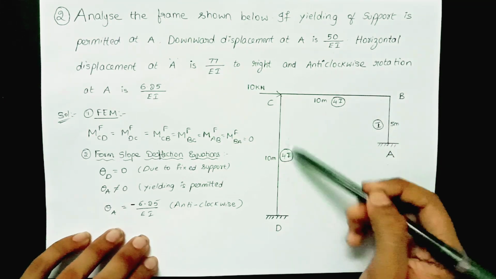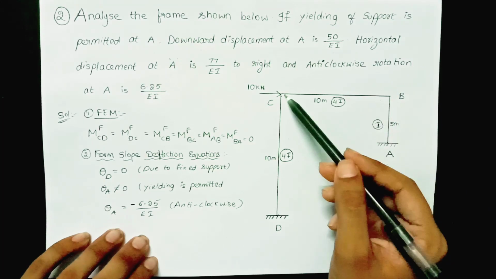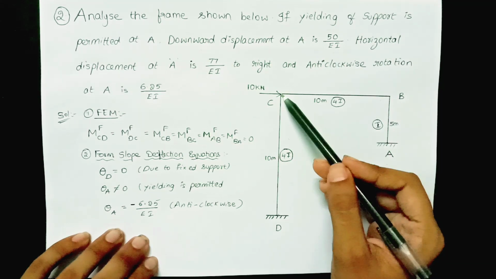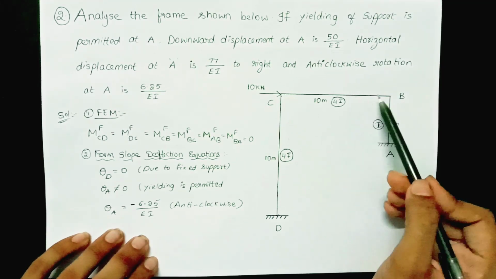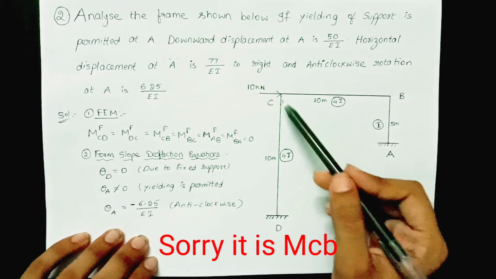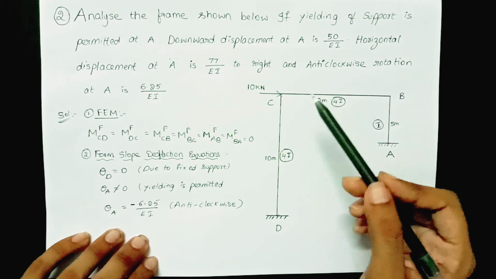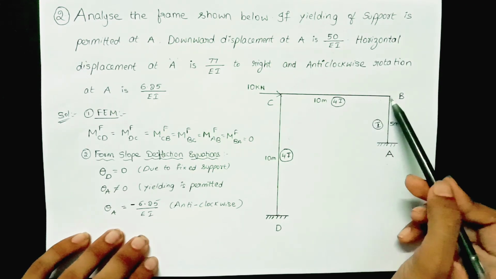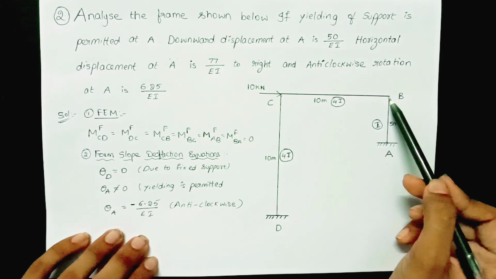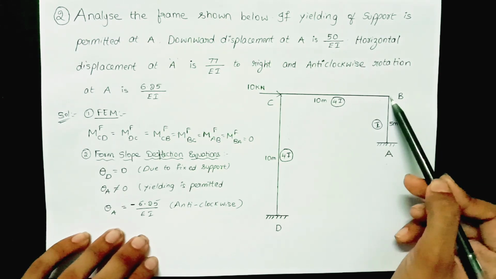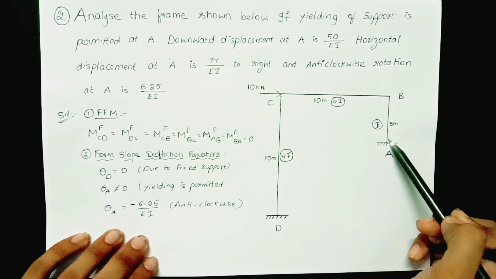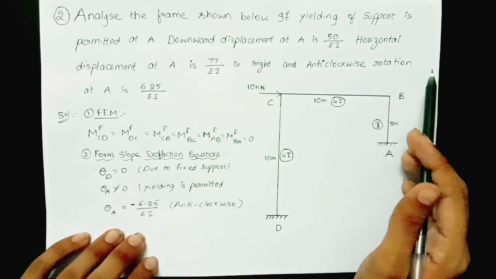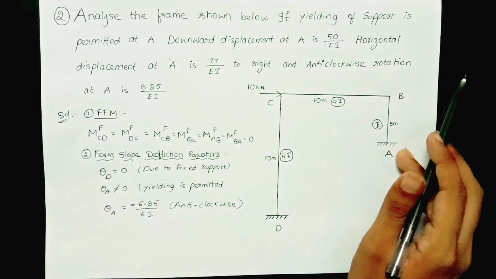There are two members at joint C, one is CD and the other CB. As per the condition, MCD plus MCB equal to 0. That means the two moments are equal and opposite to each other. Similarly at joint B we are having two members, and again the algebraic sum of all the moments at this joint should be equal to 0. MBC plus MBA should be equal to 0. Those two are the equilibrium conditions we have to use to form the joint equilibrium equations.